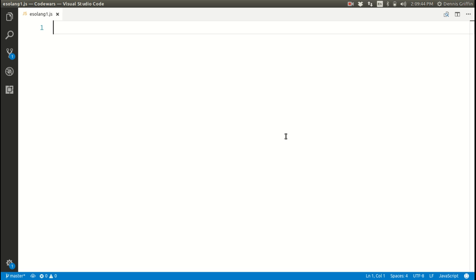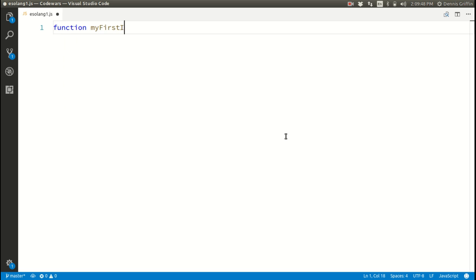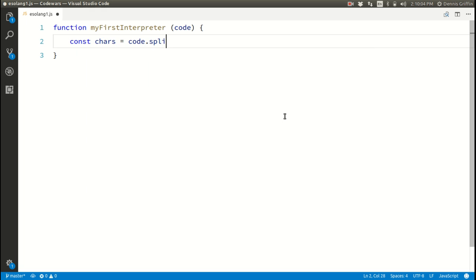I got my Visual Studio Code open here. I'm going to type in function myFirstInterpreter, and I'll take our code string as an argument. Now what I'm going to do, I'm going to split this string into its separate characters. I'm going to do that with the split command here. const chars = code.split, I'll pass in a blank string,